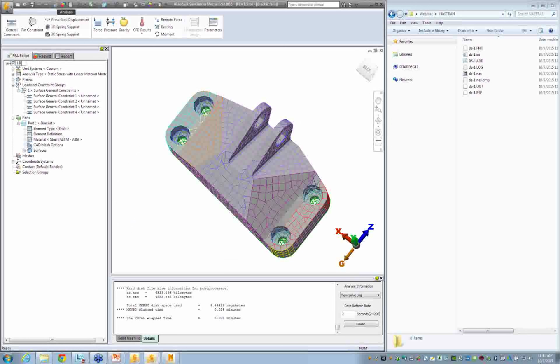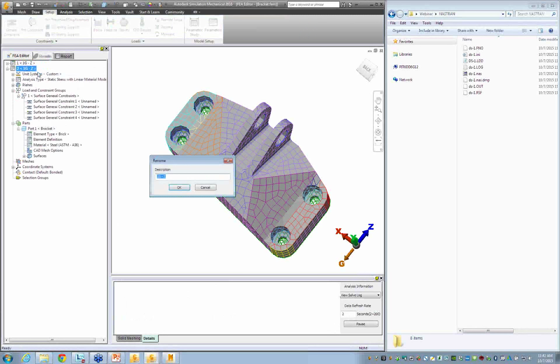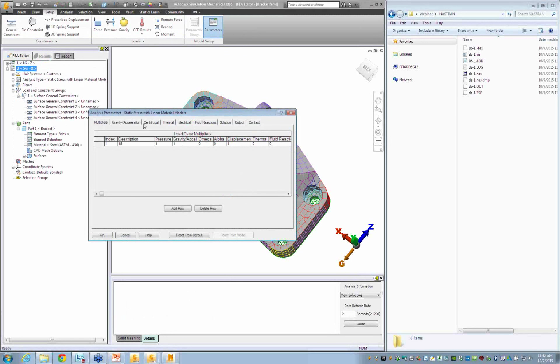This is 1G in minus Z. You can call that, and then you can copy this. You can call this 5G in plus X, and then when you get in here, you change the direction to